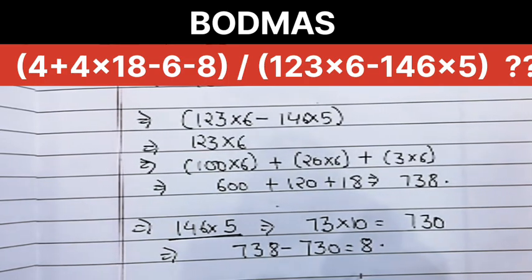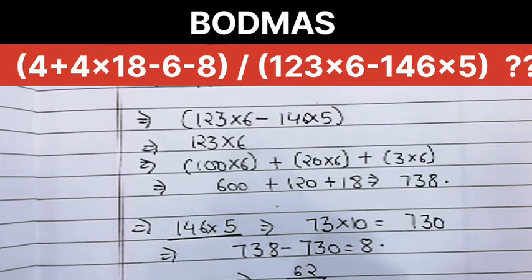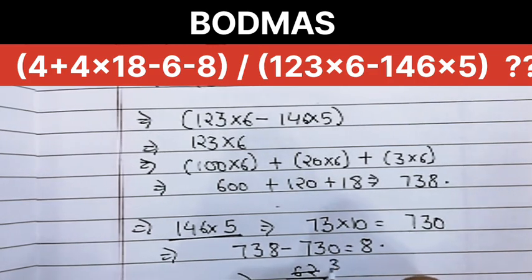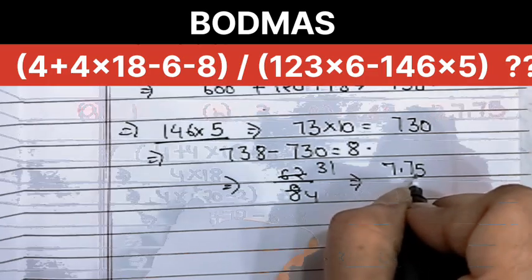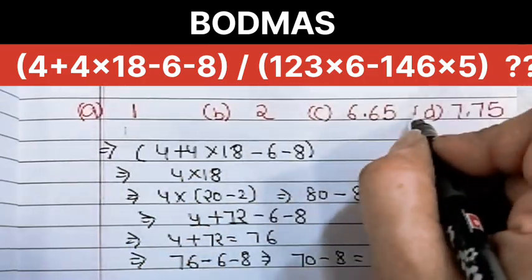Now the final division. Now divide the result of the numerator by the denominator. So we got 62 as the numerator part and for the denominator we got 8. Now simplify the fraction by dividing both the numbers by 2, and to divide by 4, take half of the number twice. You can do it, or simply divide as per your convenience, like 2 4s are 8, 2 3s are 6, 2 1s are 2, giving 7.75. So based on the calculation, the correct option is D.